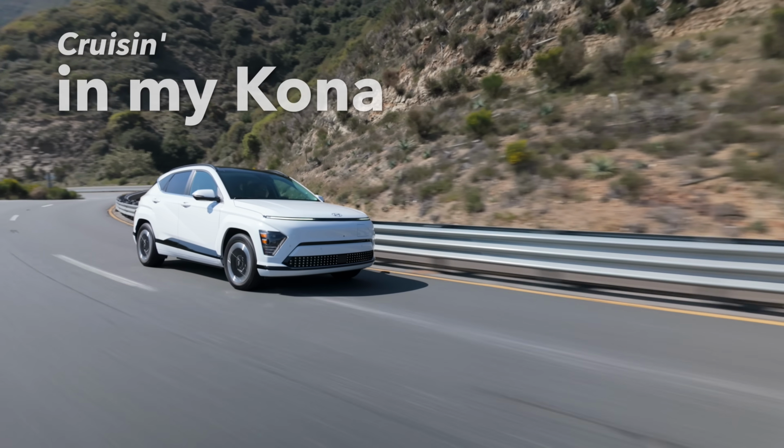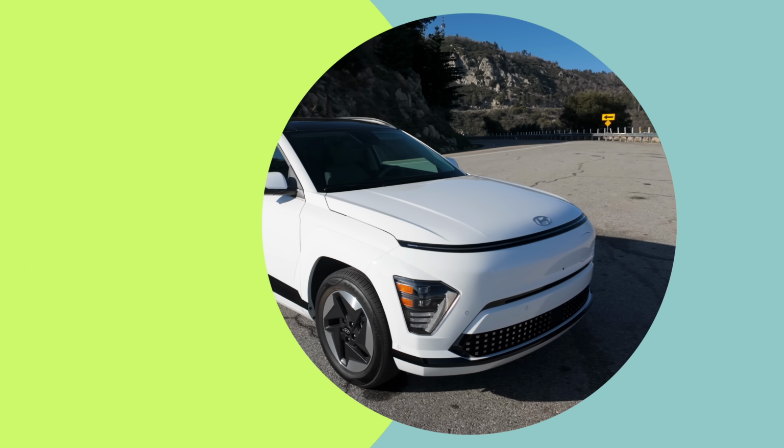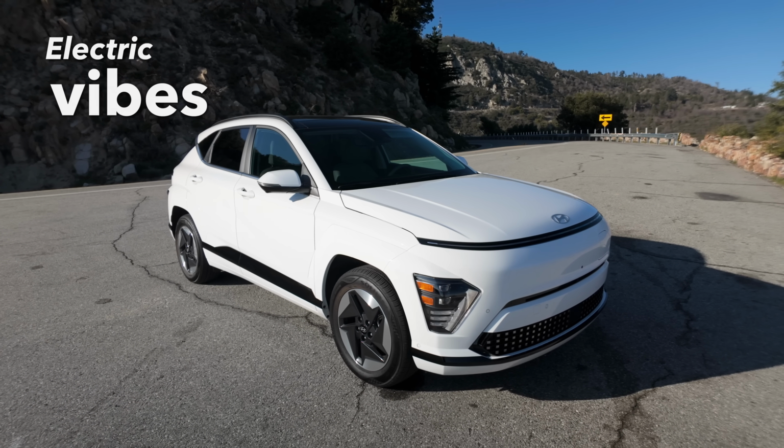Cruising in my Kona, got space for the crew. Electric vibes, feeling fresh and so new. Every corner